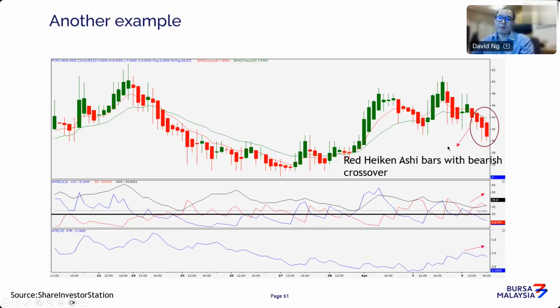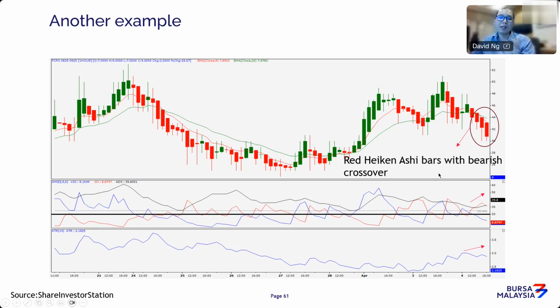Now, another example, this is where you start to see there's a bearish undertone for the spread market, and you start to see ADX is rising, and the red Heiken Ashi bars are actually below both the moving averages. So it's poised to tell you that this downtrend market is just starting with strength. And normally when ATR value starts to rise, it's also a good indication to you that the market is gaining momentum. So there's a trend pretty much happening in place.